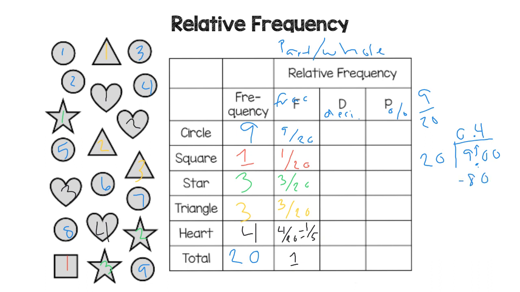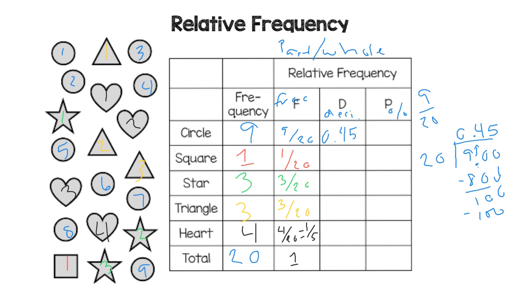So we're going to subtract 80 from here, and we are left with 10. We're going to bring down this 0. And how many times does 20 go into 100? It is 5, and 5 times 20 is in fact 100. So my answer for my decimal is that 9 over 20 as a decimal is